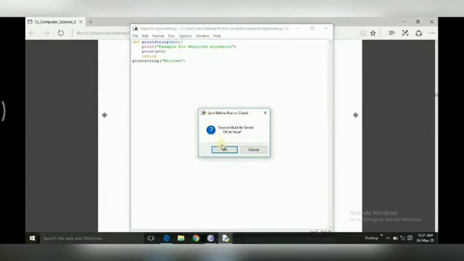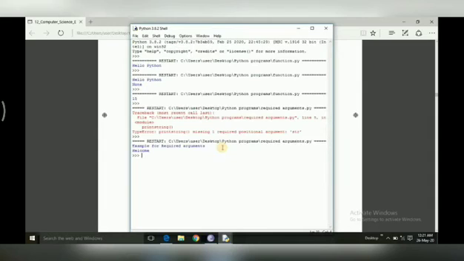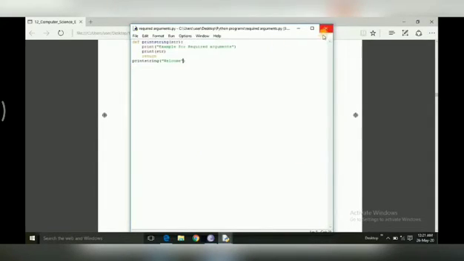This time we get the output: example for required arguments, and welcome. From this, you can understand that if we use any parameter in the function definition, we should pass the arguments to avoid errors.